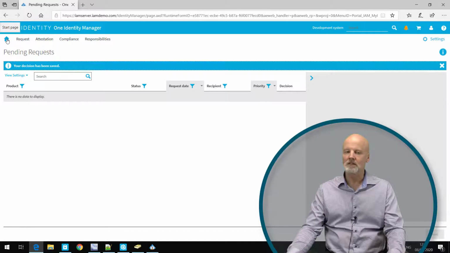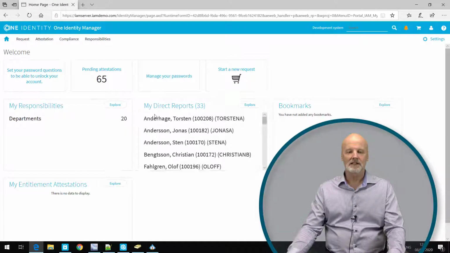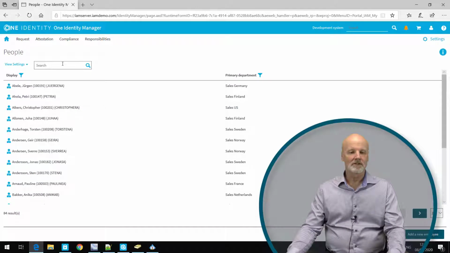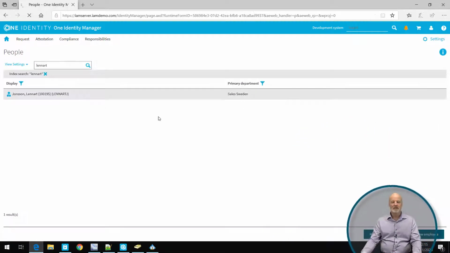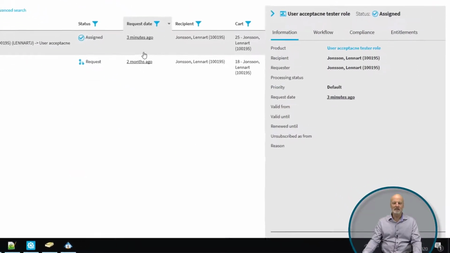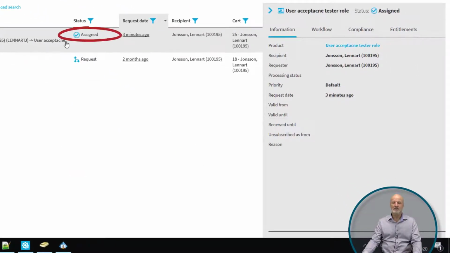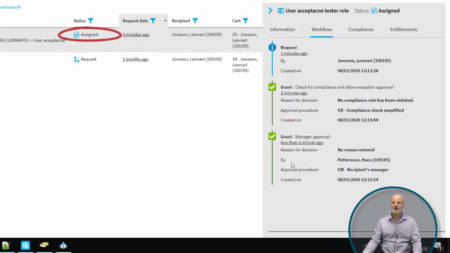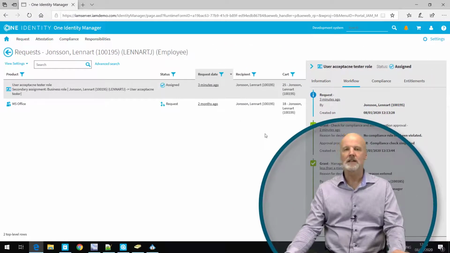And since I'm being logged on as his manager, I can just click on my direct reports. I can search for that user. And I can look at his entitlements. And I can look at the user's request directly here if I like. So I can just look at the request and I can see that it's now being assigned to. And I can look at the workflow. I can also see my own decision. I granted the approval at distance. So from this view, you can always see why the user has this access, who requested it for that user,